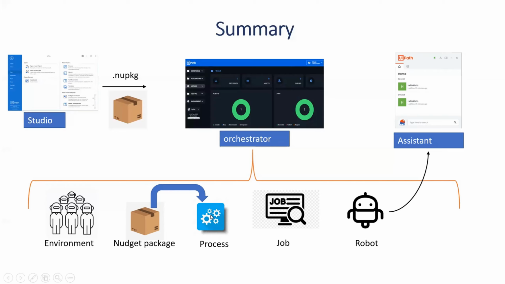And how are the processes tagged to the environments? Now what is an environment? It is just a logical separation of the franchises or the verticals, right? So my robot will have access only to the processes which are assigned to the environment. The environment will have both the processes and the robots. So this robot will have access only to this process. It won't have access to other processes. That's why. And this is nothing but the assistant.